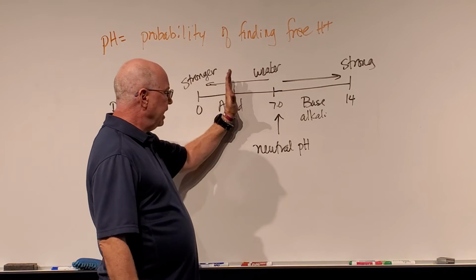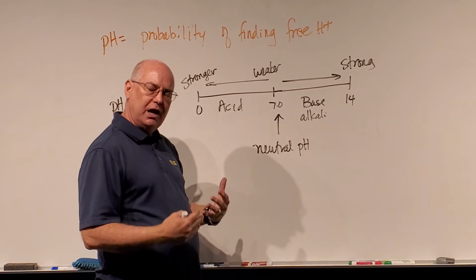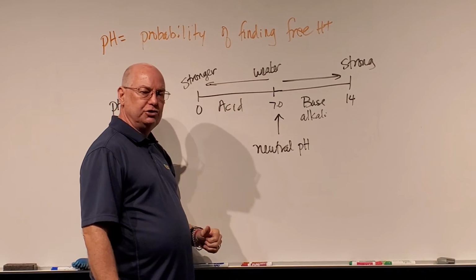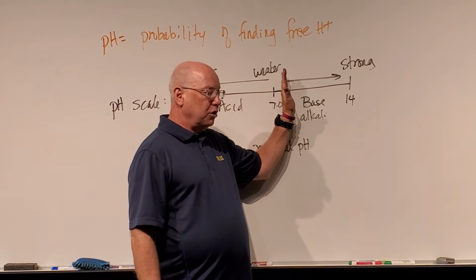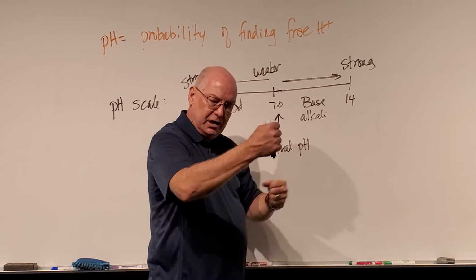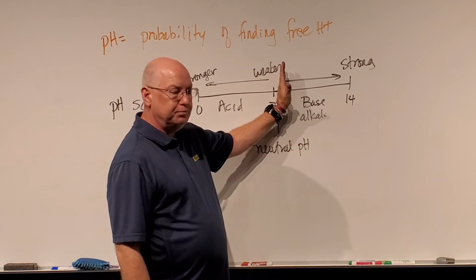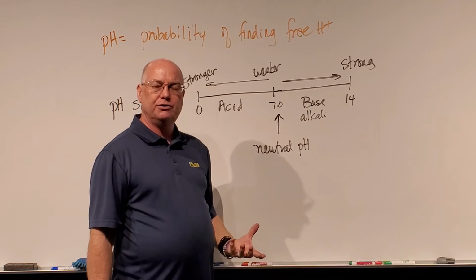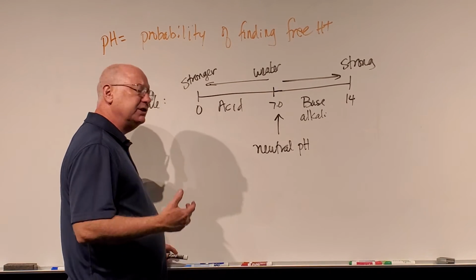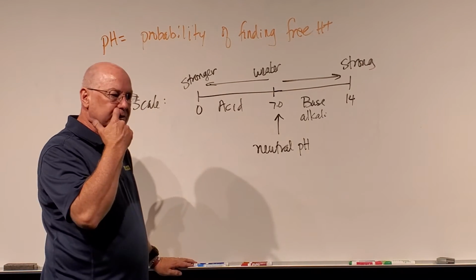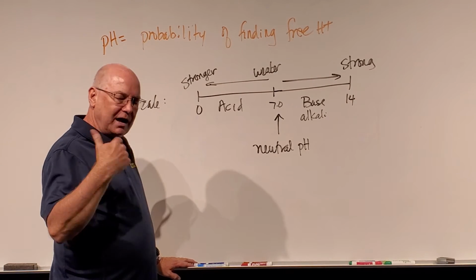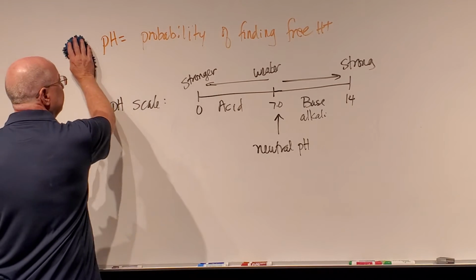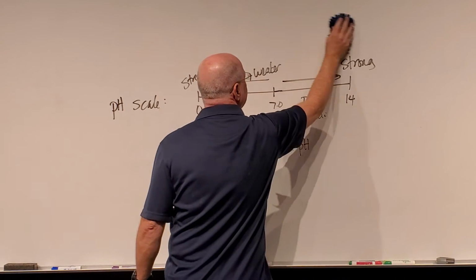And the stronger the acid, the higher the percentage, or the higher number of hydrogen ions it's going to release when placed in solution. The stronger the base, the more of the hydrogen ions it will sponge up. This will only pull out a small percentage. This will pull out a higher percentage of those hydrogen ions floating around. That's a simplistic way of thinking about it, but since I'm not that smart, I've got to simplify things to understand it. Now, if I list the pH of several substances, okay,